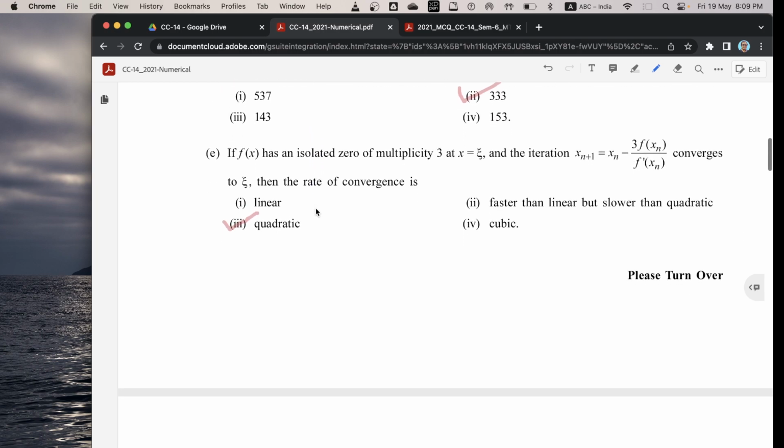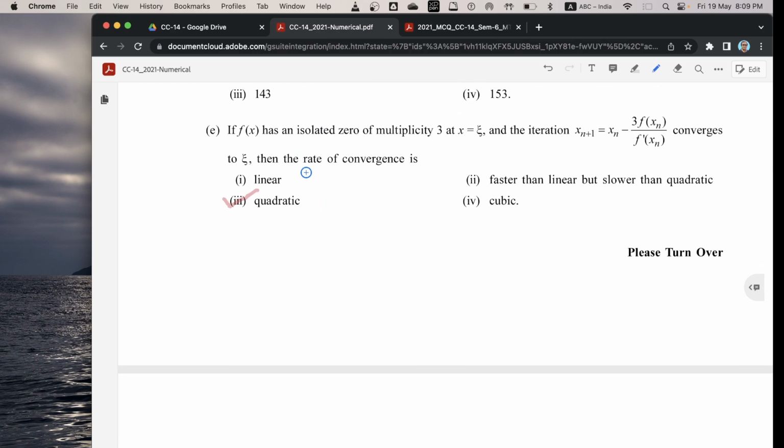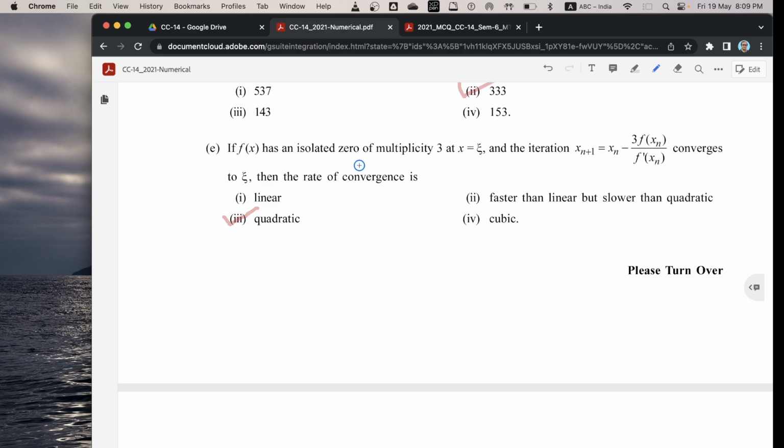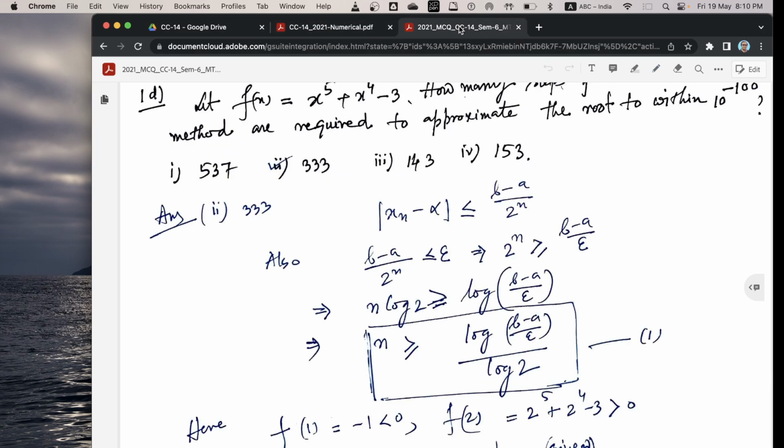Next question E. If f(x) has an isolated zero of multiplicity 3 at x equal to xi, and the iteration x(n+1) equals x(n) minus 3 f(x(n)) by f dash x(n) converges to xi, then the rate of convergence is, correct option is 3, quadratic. Because